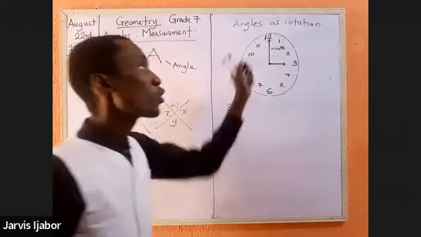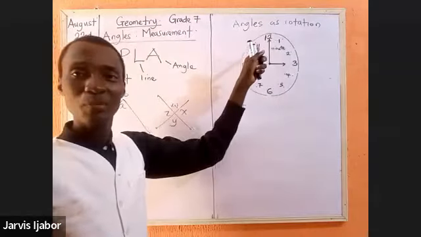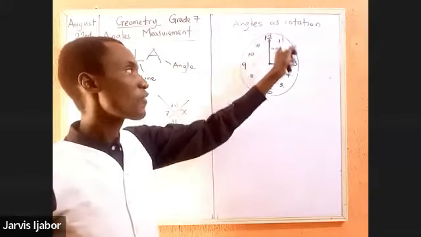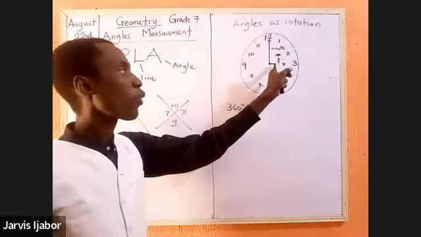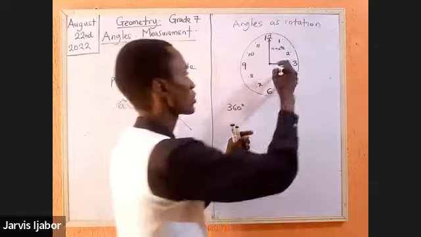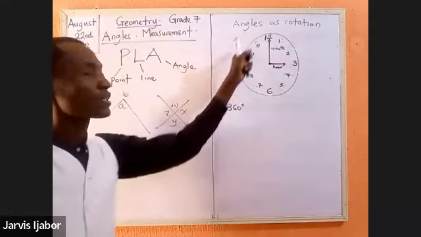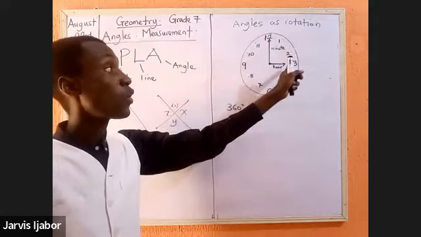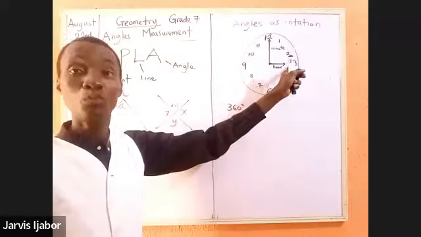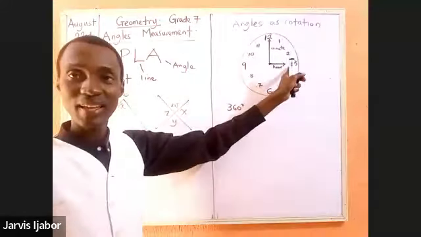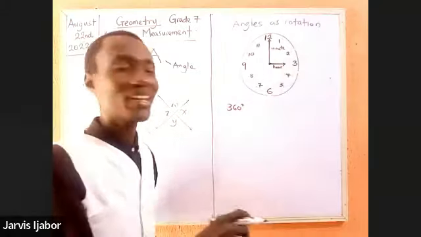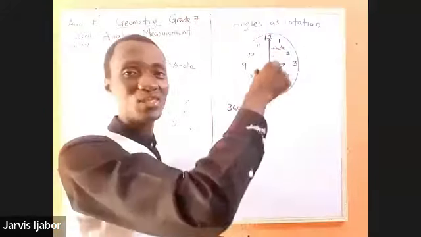When it goes round, we know that 60 minutes make what? 1 hour. So when it covers 60 minutes, it will make 1 hour movement here. So this is what is called the hour hand. So when the minute hand goes 360, it will make 1 hour hand movement. Is that clear? So you discover that those who design the clock, they design it such that if